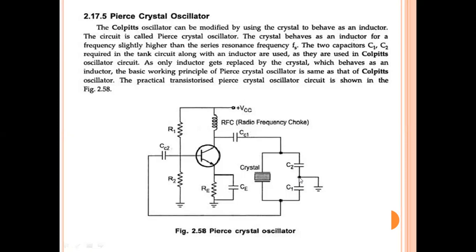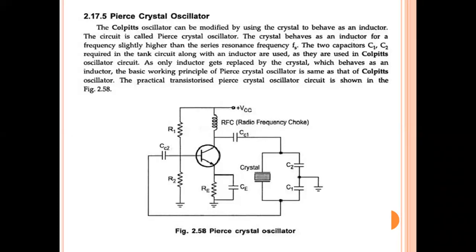Let us consider this is the third terminal, this is the first terminal, and this is the second terminal. With respect to the third terminal, terminals 1 and 2 provide 180 degrees phase shift, and the remaining 180 degrees phase shift will be provided by the CE transistor or basic amplifier. Hence we can get the total phase shift of 360 degrees. So that is one condition of the Barkhausen criteria satisfied.